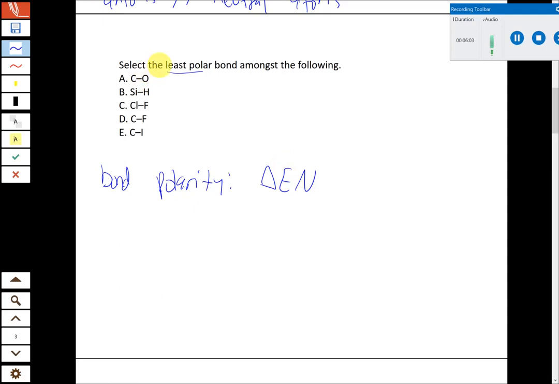Some of these are not as obvious as others, but if we look at the answer choices here, we're looking for the least polar bond. What's helpful to remember is that carbon and iodine have the same electronegativity, even though these two are far apart. So we're comparing a lot of different bonds here: CO versus SiH versus ClF, CF, CI, and so on. Some of these are going to be hard to compare to each other, but one thing that's helpful